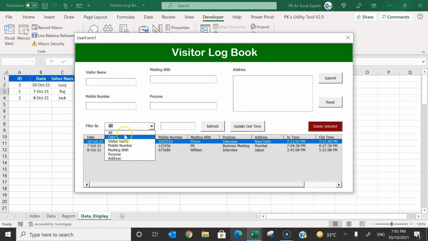Alright, now here if you select date, today's date should be reflected by default so that the user will come to know what the format of the date should be to filter this.